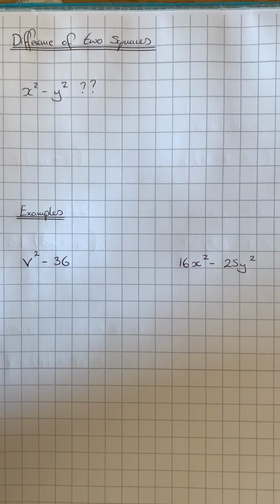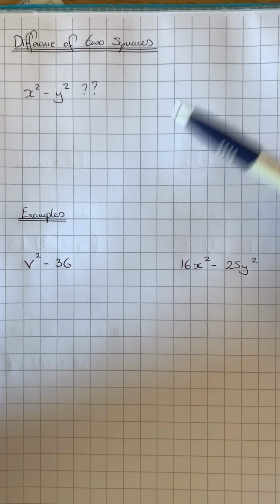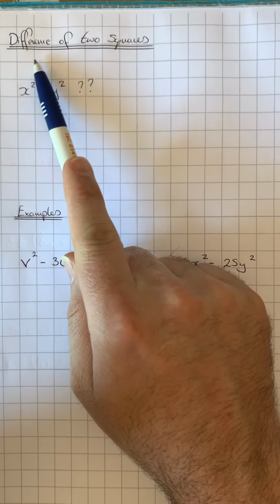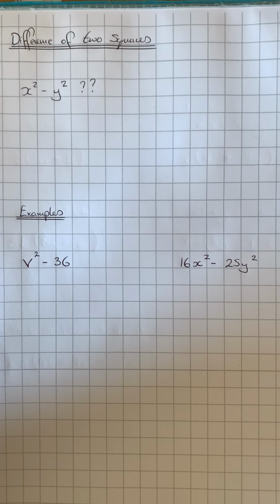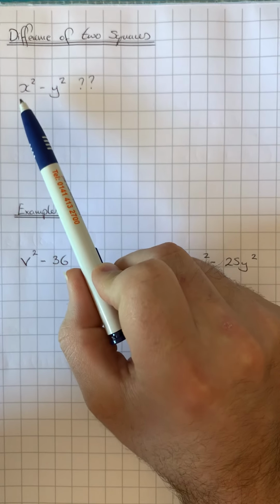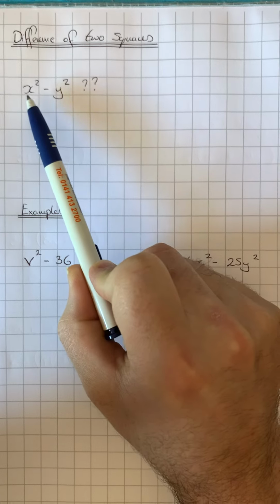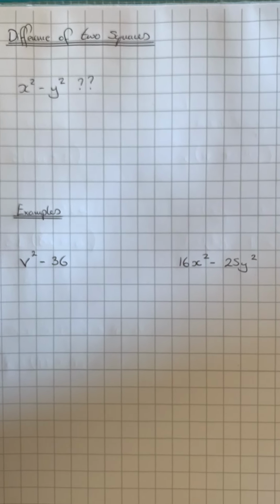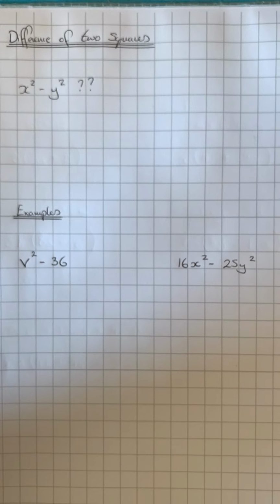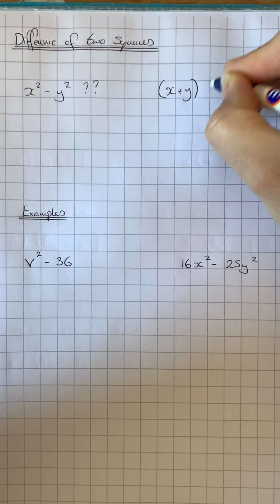Hi everybody, welcome to the second video on factorising, and in this video we're going to be looking at what we call a difference of two squares. Now a difference of two squares is a special type of expression where we have one square minus another square, so it's a square and then the difference between another square. And this actually requires a very special kind of factorisation, because if we take